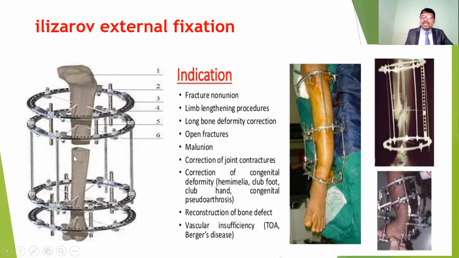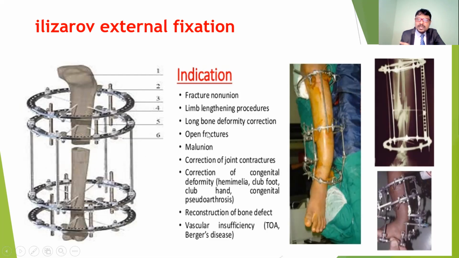So it helps to improve the healing process in both bone fractures and also in the tibia, especially in case of multiple fractures and comminuted fractures. The indications are fracture non-union, if the fracture is not healed properly, and also limb lengthening procedures. For example, if anybody gets a short limb length because of missing bone fragments, in those conditions if we use this, we can improve the length of the bone.